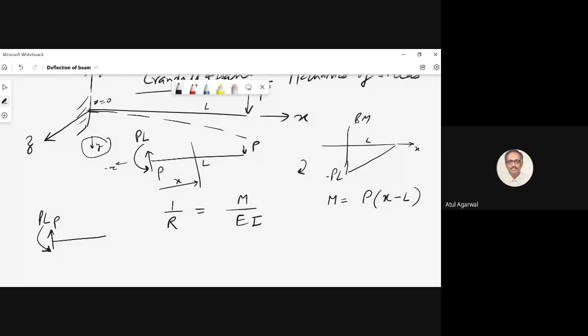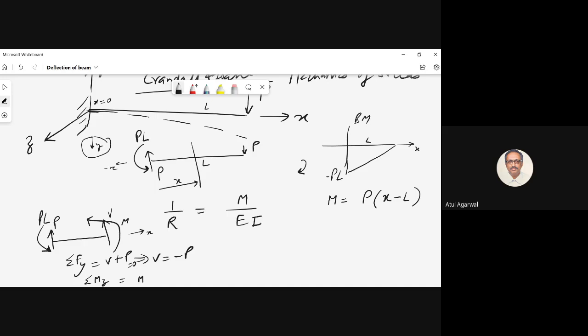Now here, positive shear force you will show upwards, positive bending moment you will show counterclockwise because this is a positive face. If you want to find shear force, sigma Fy has to be equal to V plus P, which implies V is equal to minus P. For equilibrium this has to be 0. If you take sigma Mz about this position, then vertical force V will not contribute. You get M is counterclockwise, so positive.